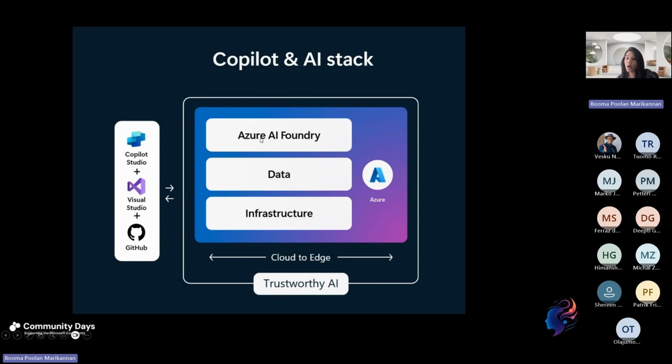Next, I'm taking you to the Copilot and the AI stack, just a high level overview. We are looking at how to connect all these things, right? Here we show the robust architecture that powers our AI capabilities, ensuring seamless integration from cloud to the edge. It's not just that my data could be in the cloud, right? I can bring it into Azure